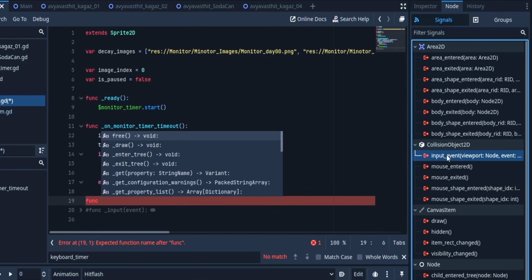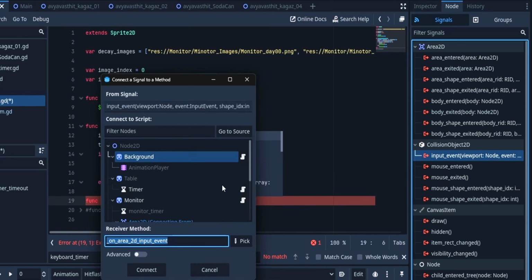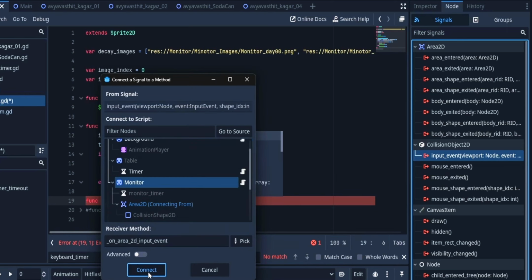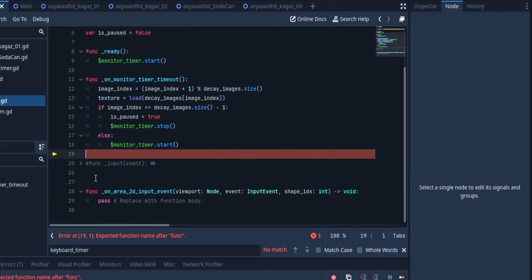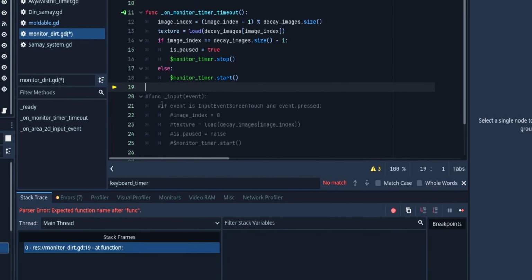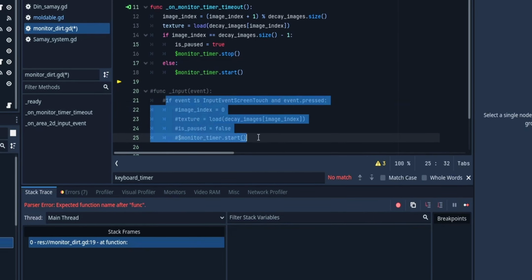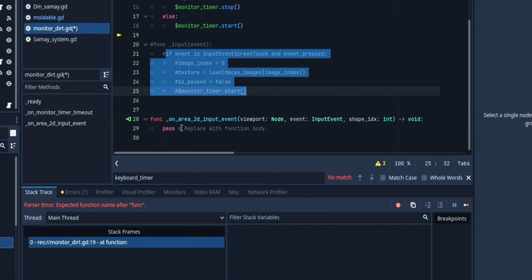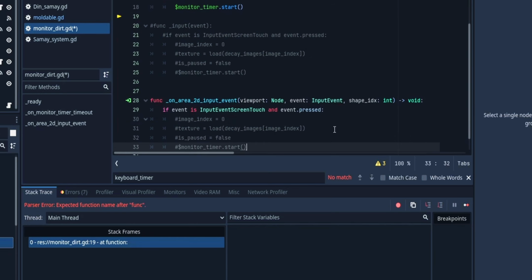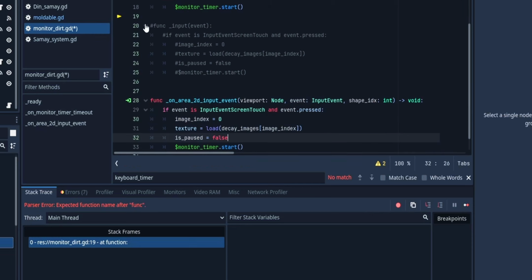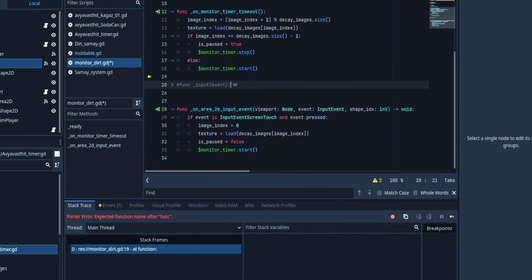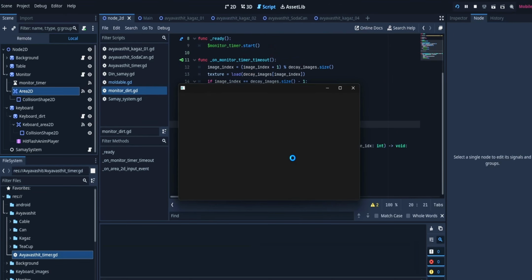Okay, we need to add this one here. Double click, monitor, yeah, connect. Okay, so we don't even need to write the function. Okay, and in the pass section we can just copy from here to here. Okay, to remove multiple things with the comment, you can select all of them and press Ctrl K, and it should remove them. Okay, so let's just try to reload it